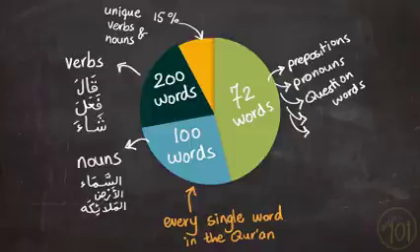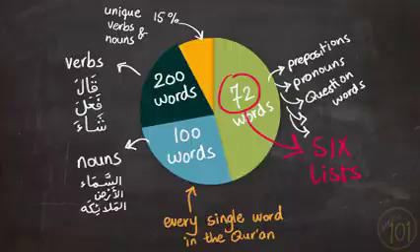Obviously, we'll start with the easier list, which will help you understand around 50% of the Holy Qur'an. I'll divide these 72 words into 6 lists. I'll give you the words, their meanings and pronunciation, and will also tell you how you can learn them by heart and very effectively too. So let's get started.